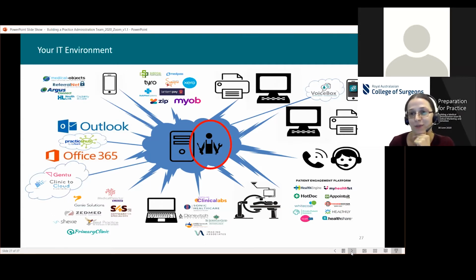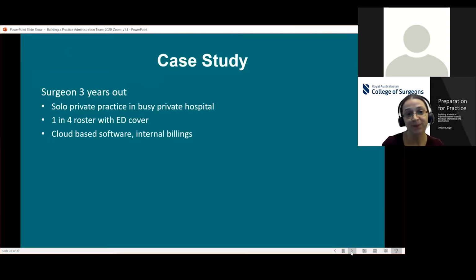It's probably not someone that you're going to recruit for your practice. It's probably something you're going to outsource, but I do think that's something you need to be thinking about. Well, it's not something we're focused on particularly today. Your admin team is going to need to have a good knowledge of these systems, be able to do some basic troubleshooting with these systems, understand how they connect, but you're also going to want an IT person to give you that little bit of extra expertise in the event that anything needs a little bit more support.